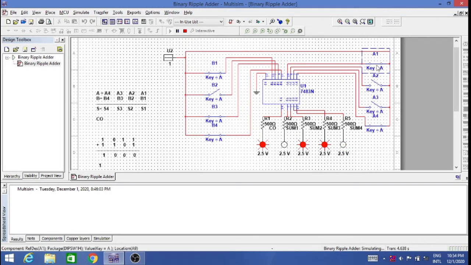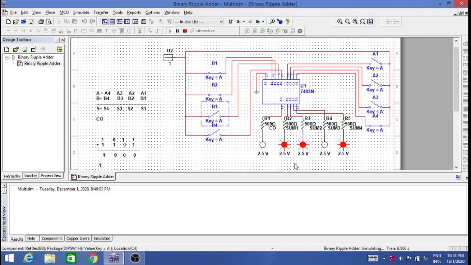So 1000 is 8. Then I'll take b as 3, that is 0011. Let's say the rest are 0 and these last two are 1 and 1. So 8 plus 3 is 11.